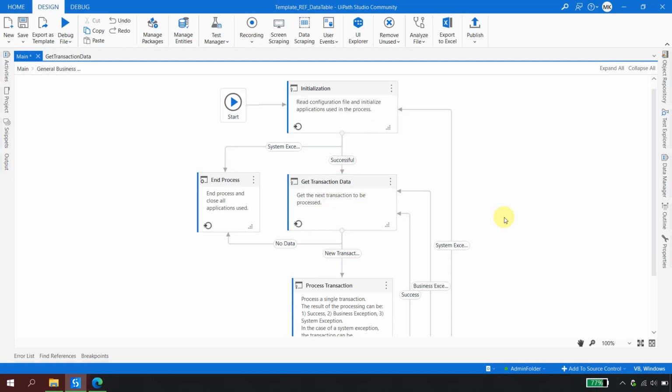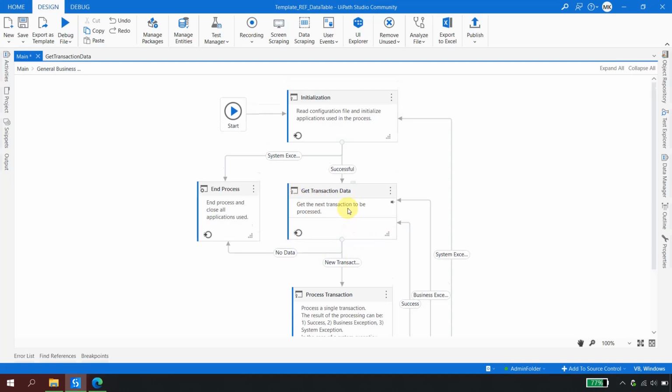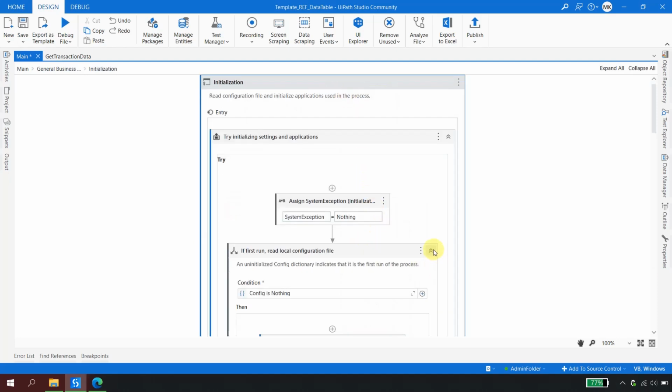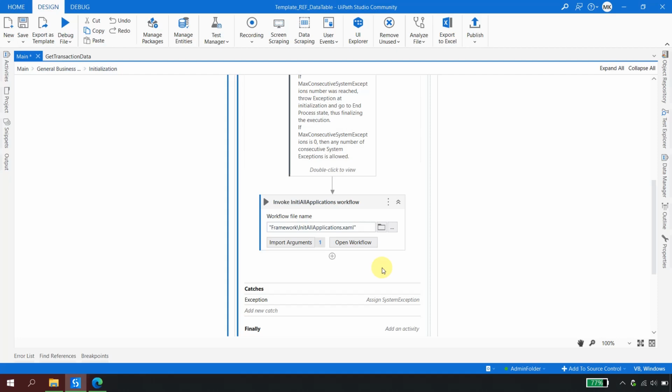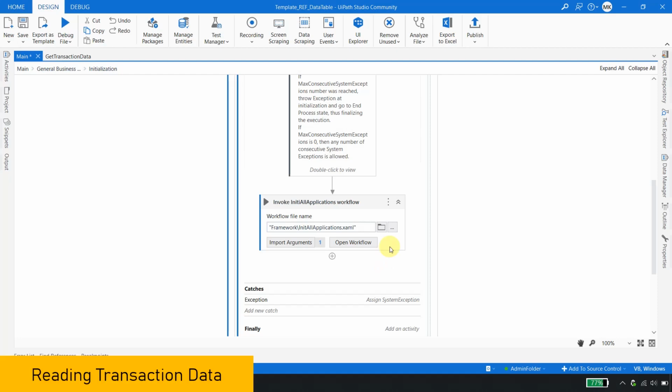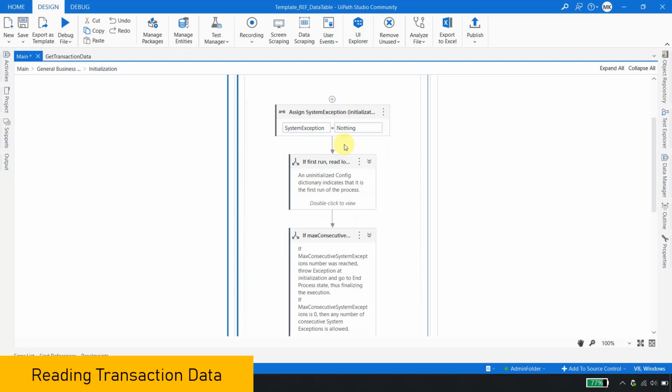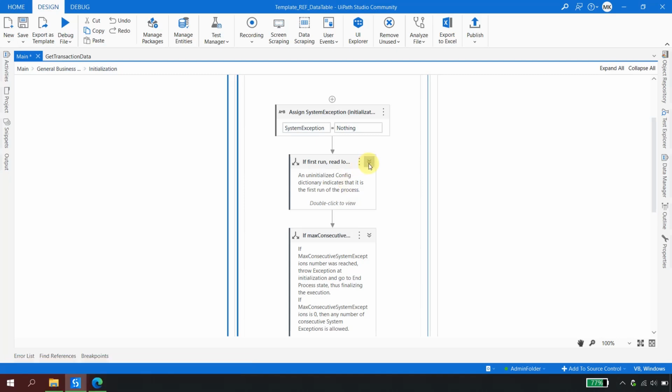Now we have to read the transaction data. As we understand, the reading of the transaction data would happen in the initialization. I'll open the initialization, and inside the initialization there are multiple places to write the data. Now the question is, where should I write the logic? Should I write it here? Should I write it here? Should I write it here? Or at which location? The answer to that question is, we have to read the transaction data in this sequence